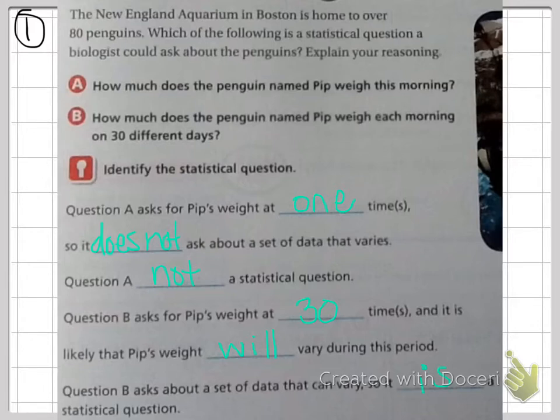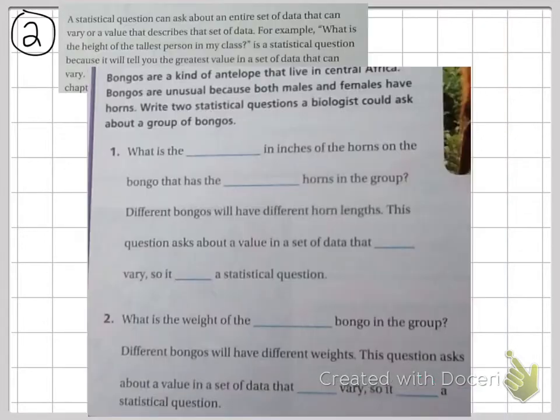statistical question. Let's continue. Statistical questions can also ask a question about an entire set of data that describes that set of data. For example, what is the height of the tallest person in my class? It is a statistical question because it will tell you the greatest value in a set of data that can vary. So once data has been collected of an entire group that's not the same values, you can ask questions